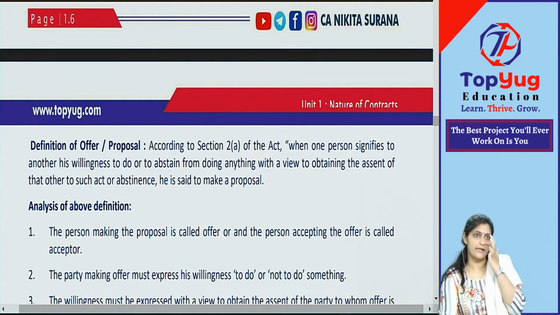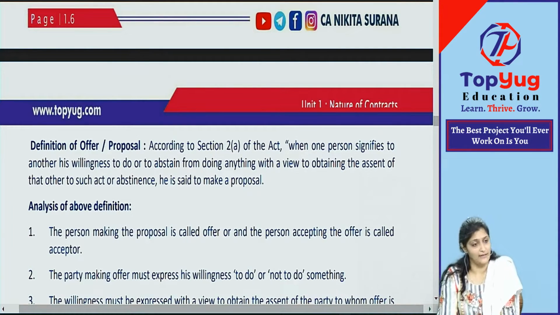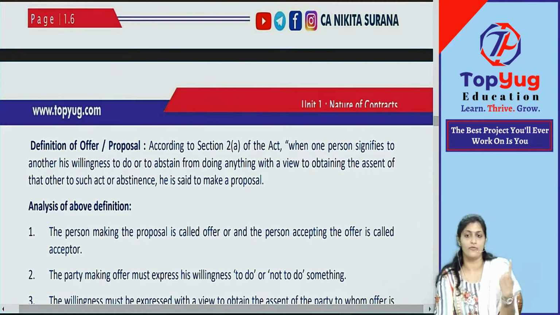Okay. So we have already discussed types of contracts, and also types of contracts under your English law. In English law, how many types of contracts are there? Two. What are the two types? Formal contracts and simple contracts. Under formal contracts, again you have what? Two. Contract under record and contract under seal. Under contract of record, you have again two types. What are those two types? Judgment of court and recognizance. Anything which is not coming under formal contracts, everything remaining will come under your simple contract. Clear with that? Yes or no?